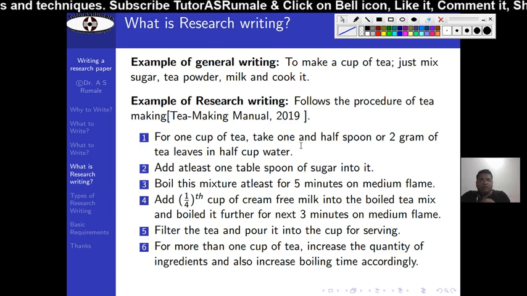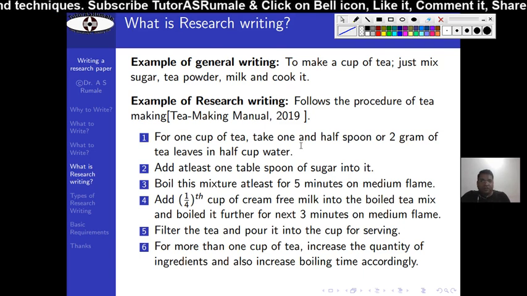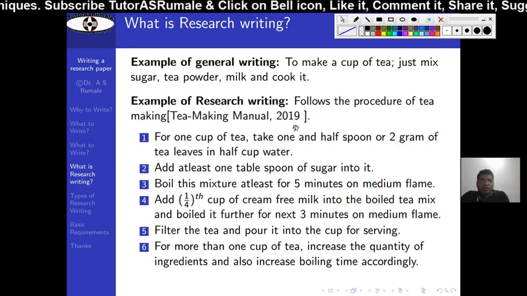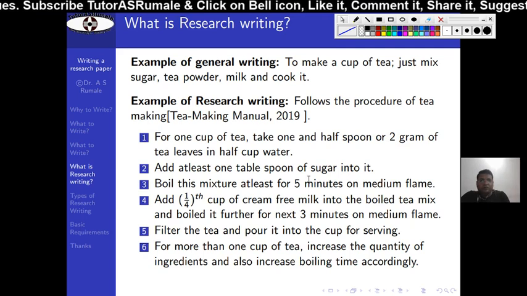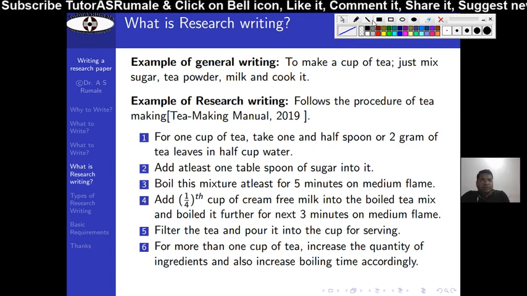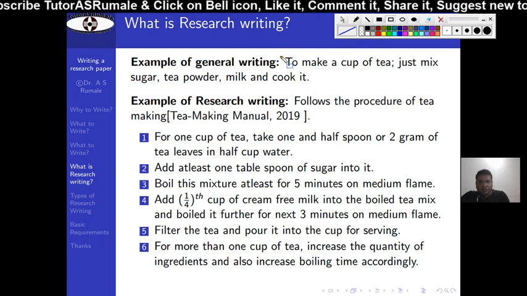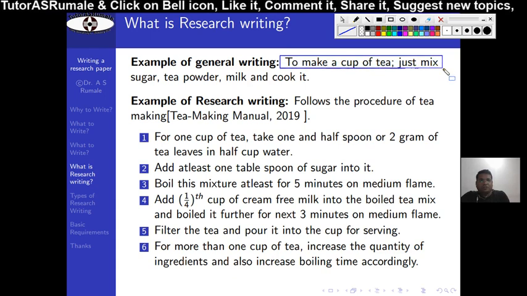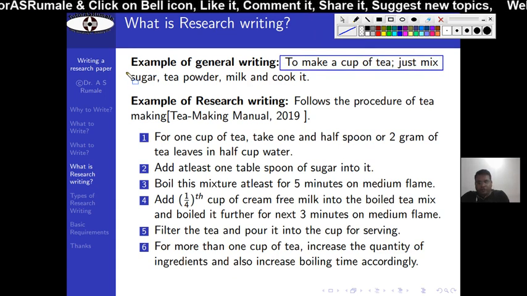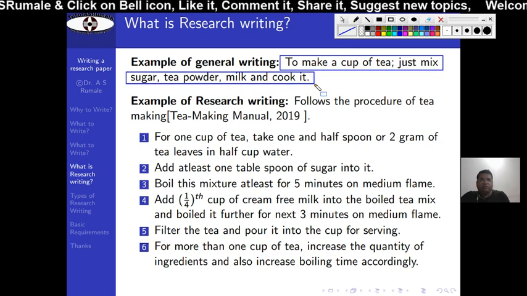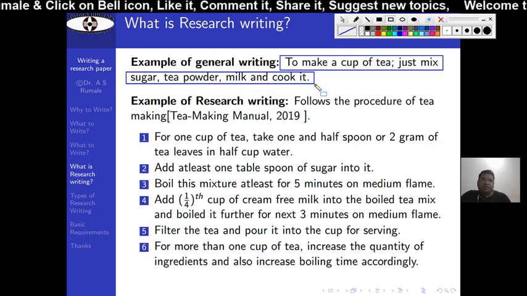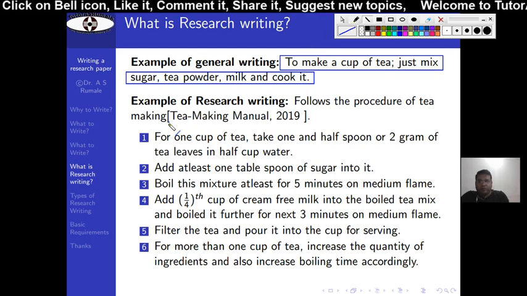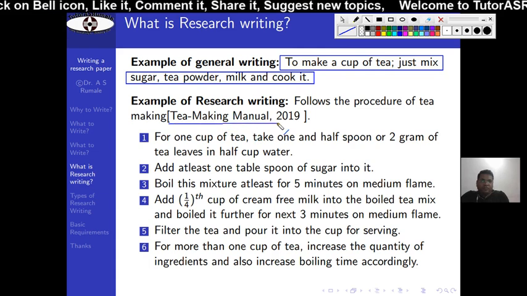Now this gives you the entire idea why research writing is difficult, because you require to think so discreetly about every step, every detail in that particular step. To make a cup of tea in general writing, mix sugar, tea powder and milk, cook it, you require hardly one line. But in research writing, you require to mention from where you have taken the procedure, the reference has to be there.